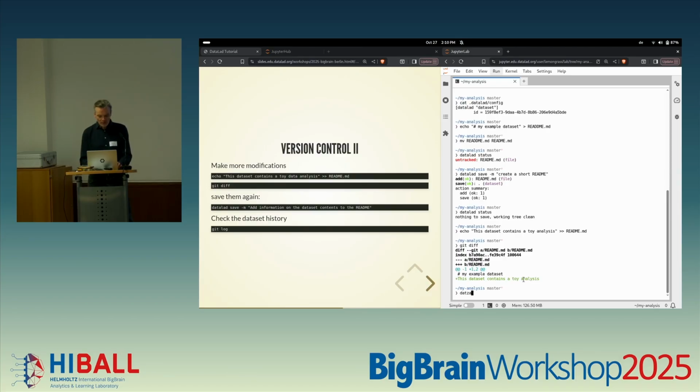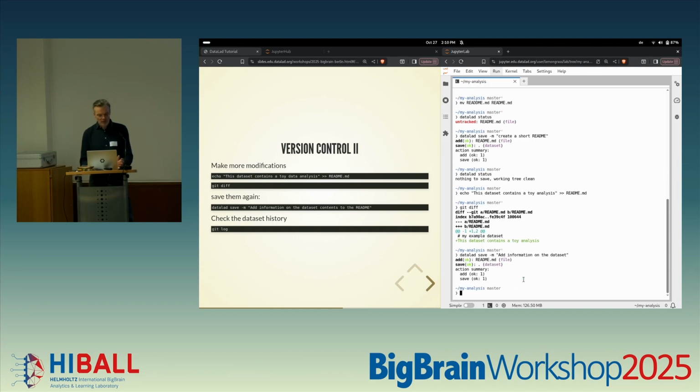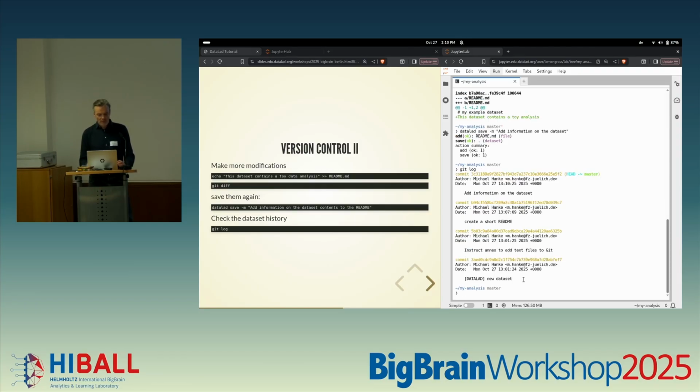If we want to capture that change, we can say again datalad save, and we can again give it a message, add information on the dataset. I'll cut it short. And you can see it has again figured out on its own that there was a README that was changed, added it to the repository, saved the dataset. And now again, you could use git log, which is Git's very basic tool to inspect the history of